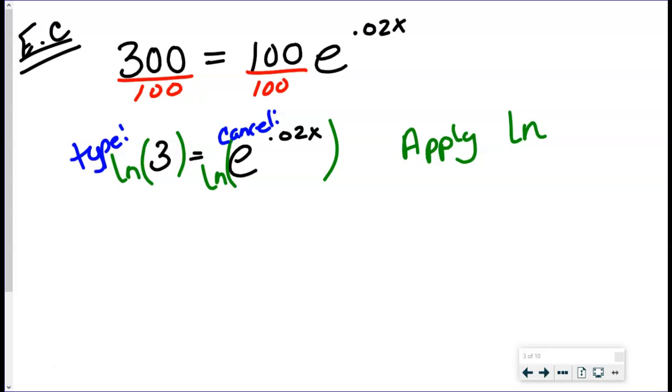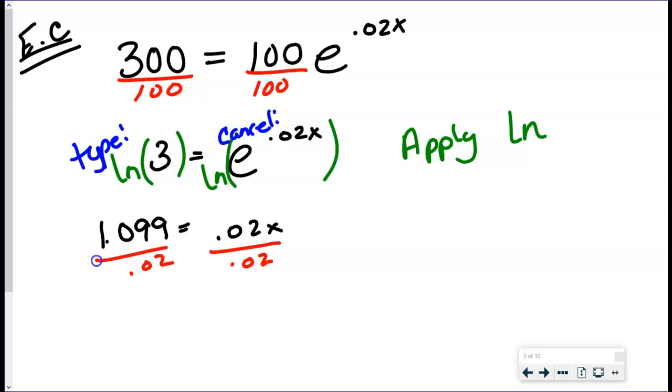That is 1.099 roughly when you round. And then remember these cancel, so you got 0.02x, which will just drop down. And then you're going to divide both sides by 0.02. And you get x equals